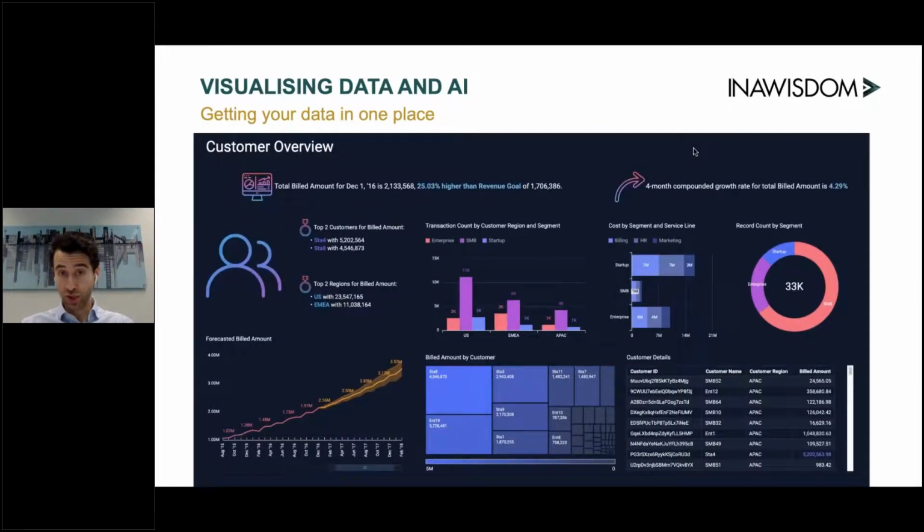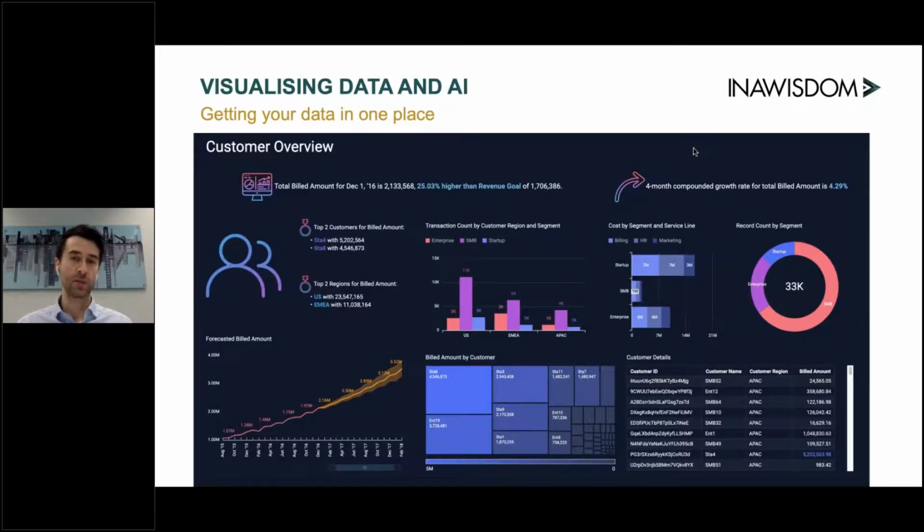So moving on to visualizations now, we wanted to show you how someone can consume all this information. In my opinion, there's no point in doing all this great work, all this great analysis, for it to stay on the shelf. We need to consume it, understand it, and make valuable decisions on the back of this.